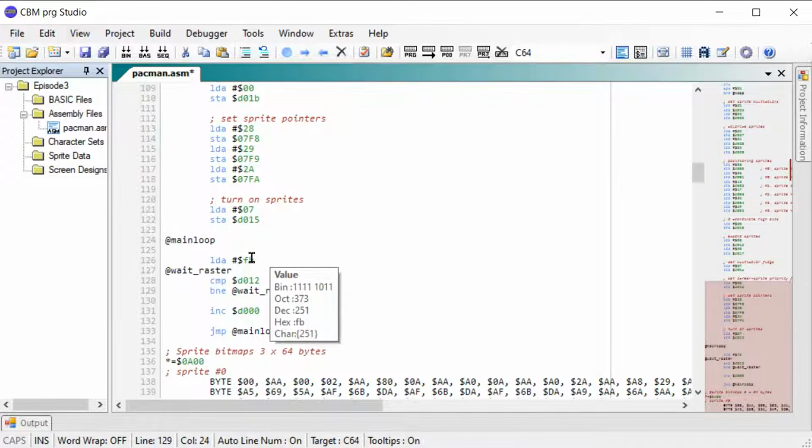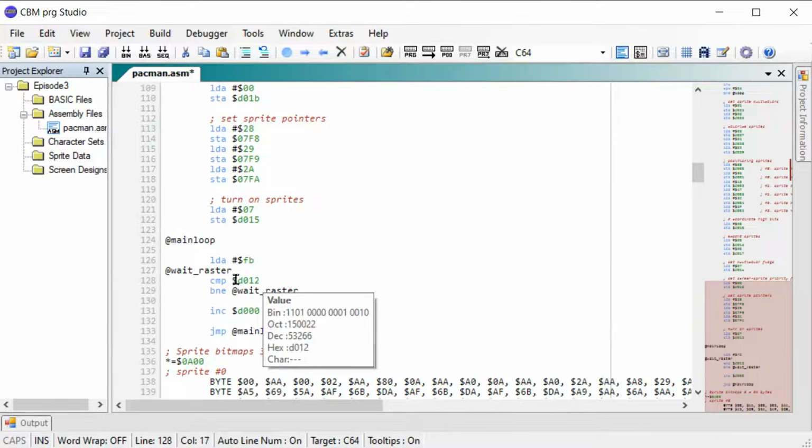Line FB is the same as just the beginning of the lower border. And then I'm comparing it to the line currently being updated by the VIC chip. And if it's not equal, it just stays in this loop. So while it's updating down the screen here, it just stays in this loop. And at some point it hits, and now it's equal to value FB, and then we go down here